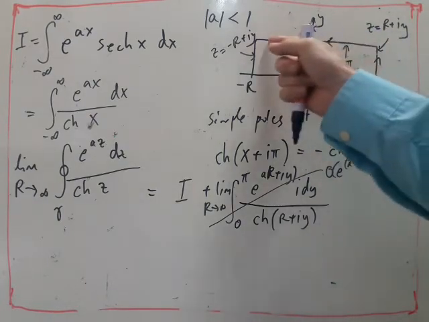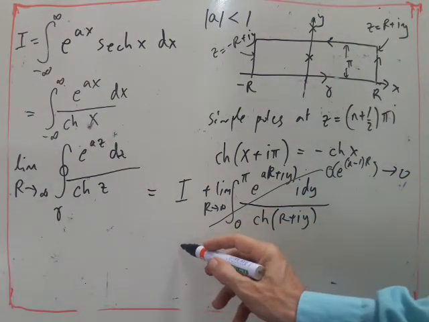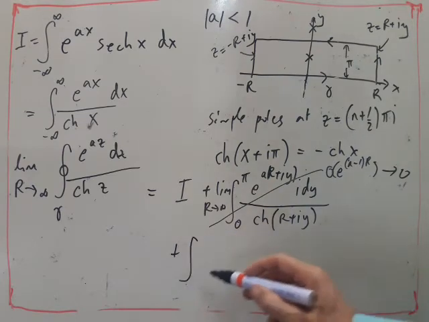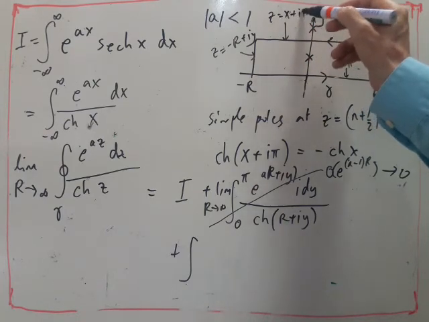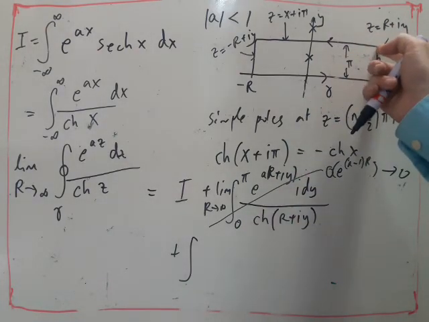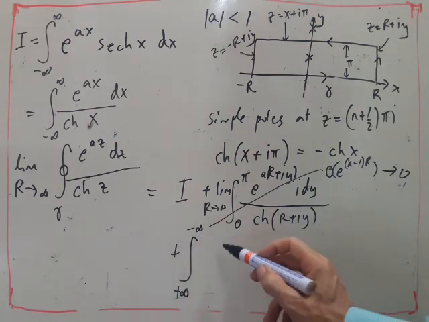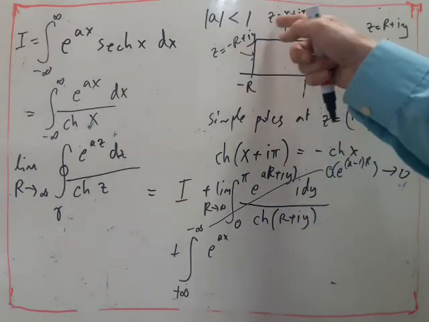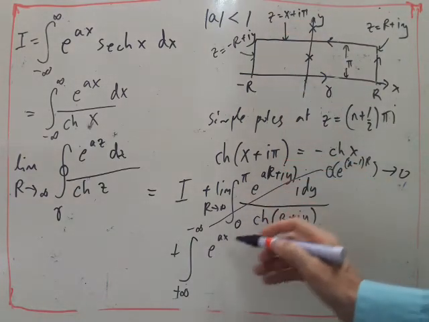What we're hoping for is that this integral along here will be a multiple of I, which is not just minus I. So integrating back along here, z is equal to x plus I pi, with x going from plus infinity to minus infinity, and we have e to the a x. Now z is x plus I pi,